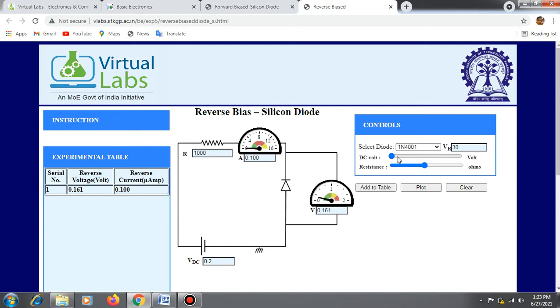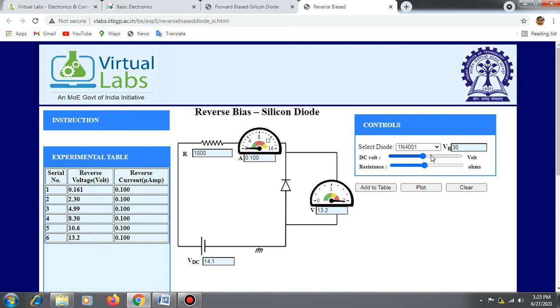Now I have to change the DC volt value and click add to table. So do the same for all the values of DC volt. So vary the DC volt, click add to table. Next change the DC volt value, click add to table. You can see all the values are noted in this experimental table in the reverse bias condition. So you have to vary until the last value.